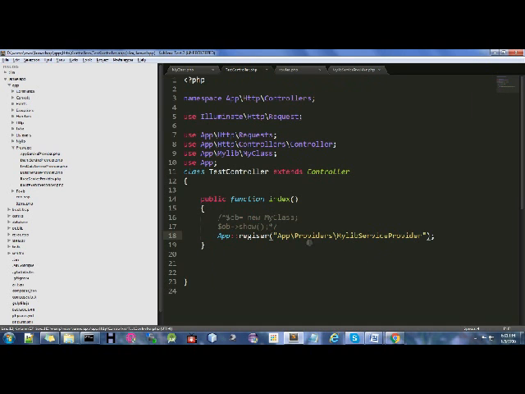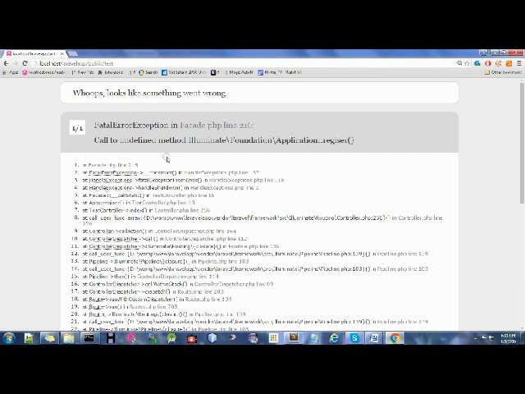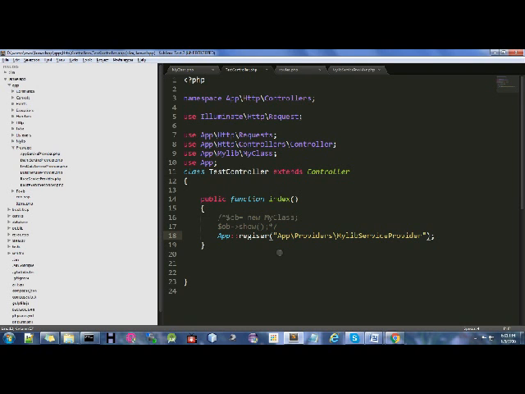So just copy this and paste it here: App\Providers\MyLibServiceProvider register.